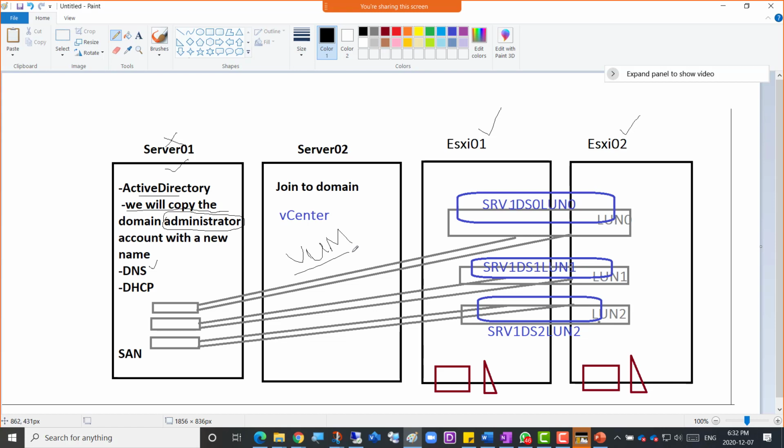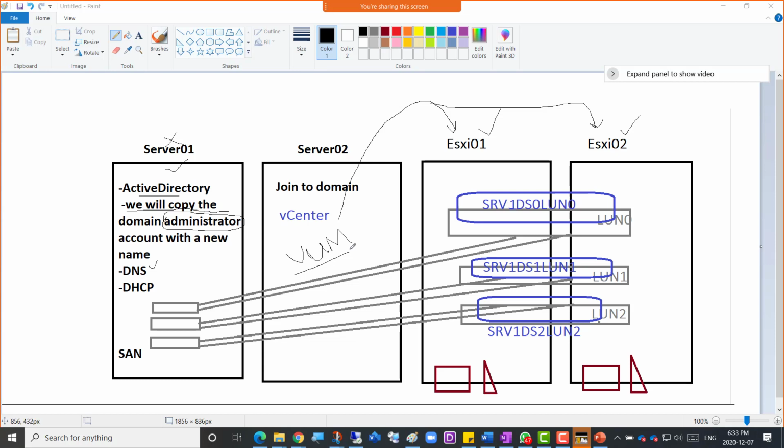VMware Update Manager, and from there we're going to update Hypervisor 1 and Hypervisor 2 with whatever latest updates are available from the VMware website. Obviously you have to do that all the time. It's very important. Whenever the updates are there, you have to do that, right? So that's one thing.